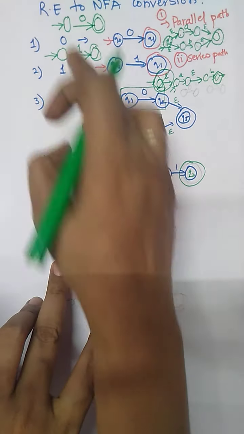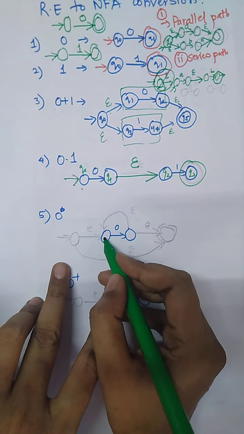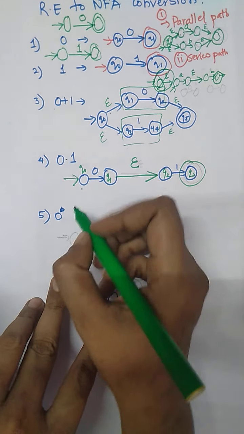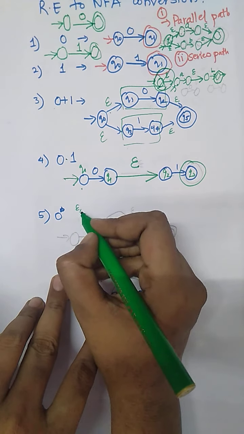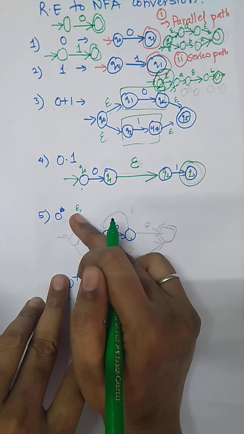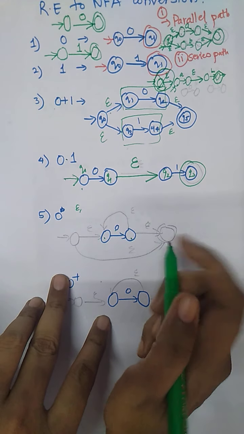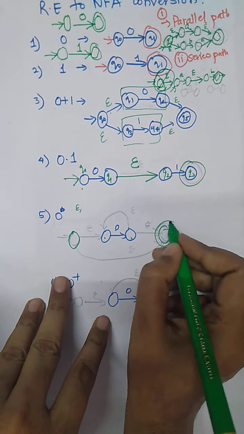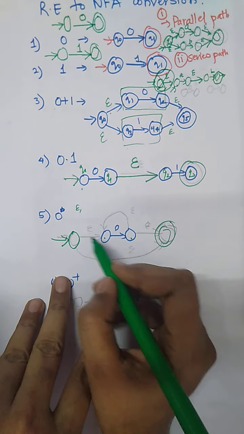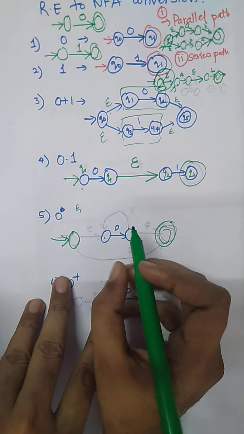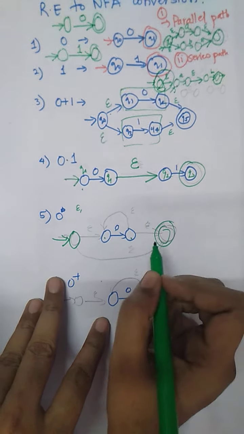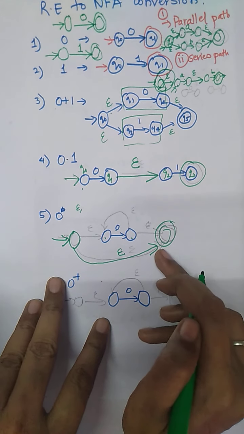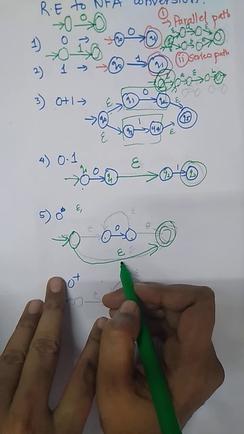First of all, 0, whatever we have discussed here, temporary initial and temporary final with 0. Now epsilon: zero closure means epsilon, so without reading 0 I have to reach the final state. This is the initial state and this is the final state. Without reading 0, I have to reach the final state directly. Whatever extra arrow we put, we give input epsilon.